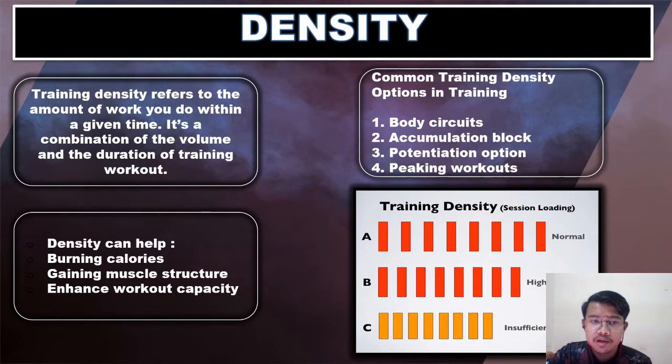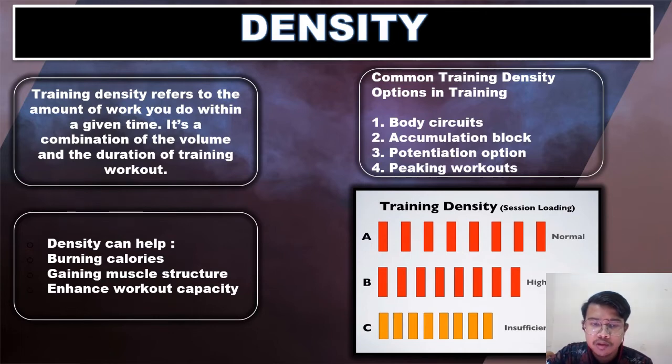How to implement the density training? There are two ways to add the density training into your workout routine. The first one is keep your workout volume the same but shorten the duration of the workout. So instead of doing 10 repetitions of chest press in 15 minutes, you shorten that to 10 minutes. You can do this by shortening the time between reps or